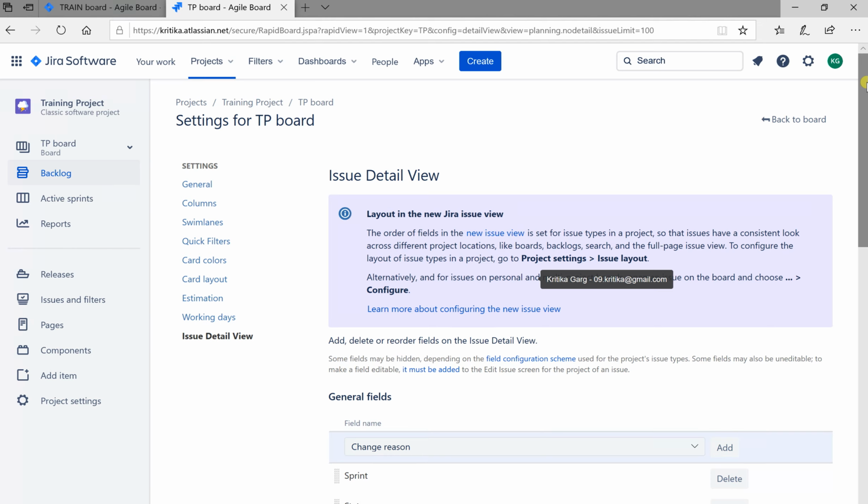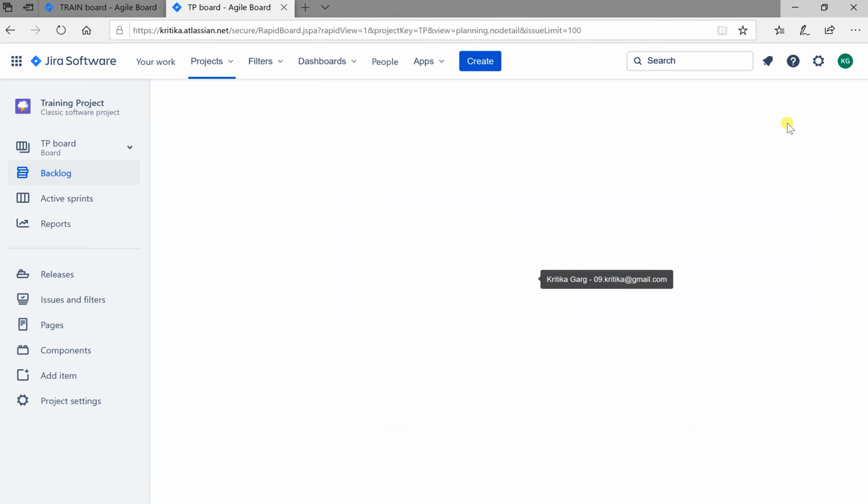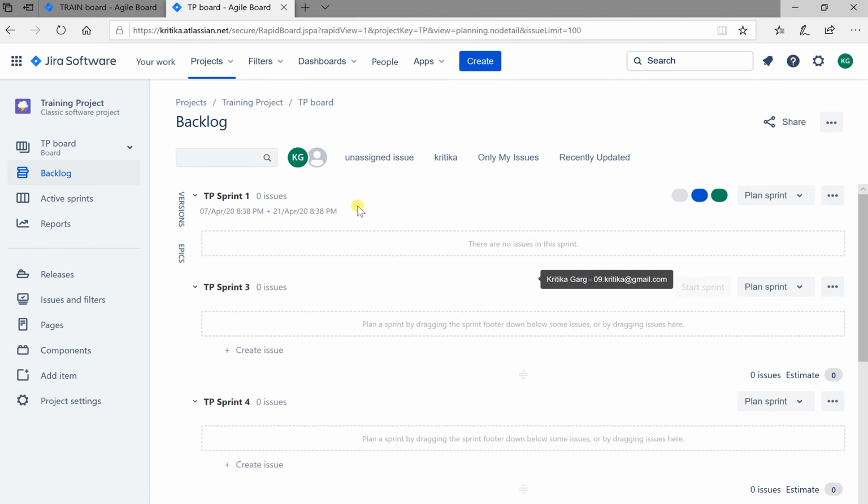And it should be kind of easy to understand for all of you. It should not be clumsy at all. So these are the settings that we made on the configuration board, on the Scrum board in the configuration. Okay, so now I will go back to the board, and I will show you how the things that